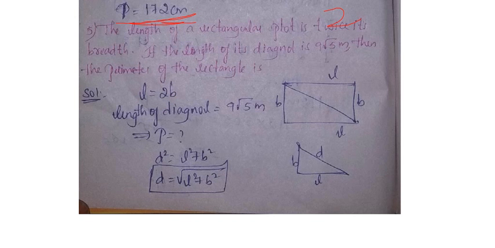Second, the length of its diagonal is 9 root 5 meters, okay? They have given us the diagonal length, that is how much? 9 root 5 meters. Then they are asking for the perimeter of the rectangle. They gave the length of the diagonal, and the length as twice its breadth, that is 2B. They are asking us to find what? Perimeter.